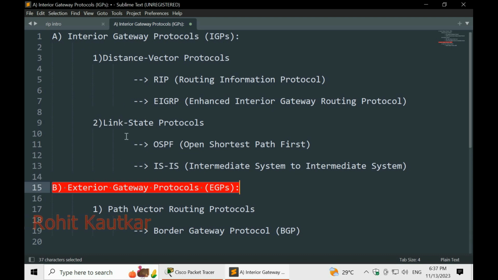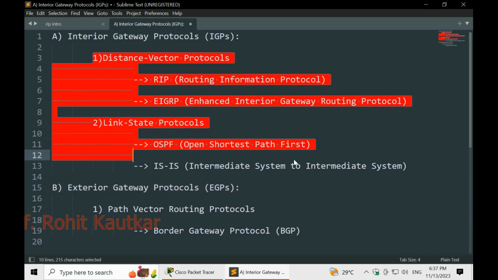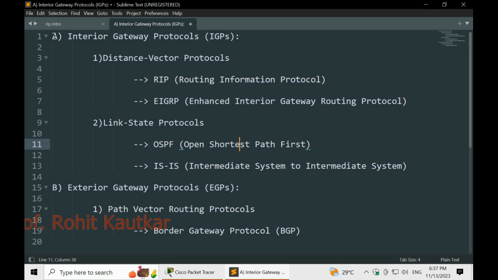In both of these main categories there are subcategories available. Let's look at the first category, interior gateway protocols. In this there are two types of protocols available: distance vector protocols and link state protocols.